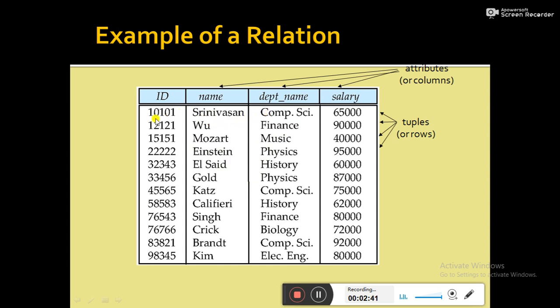Each individual record is also known as a tuple. That means a relation contains a set of records, or we may say that a relation contains a set of tuples.